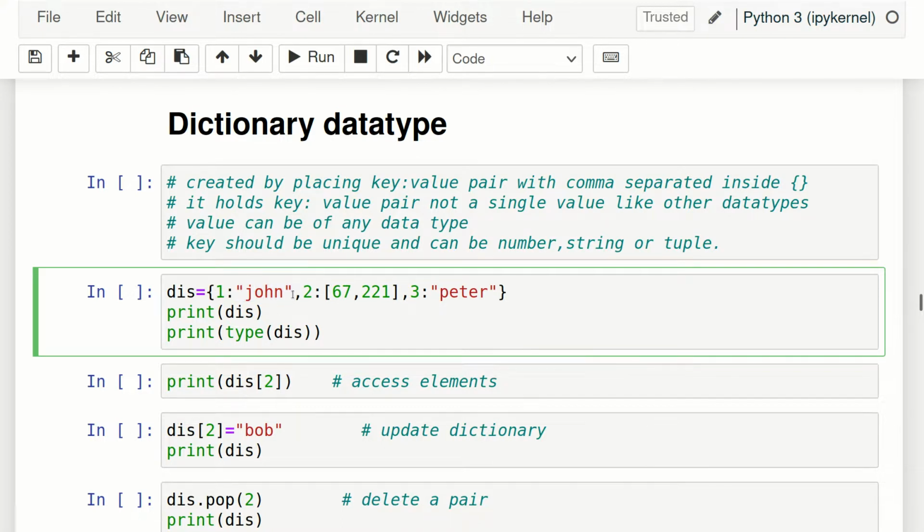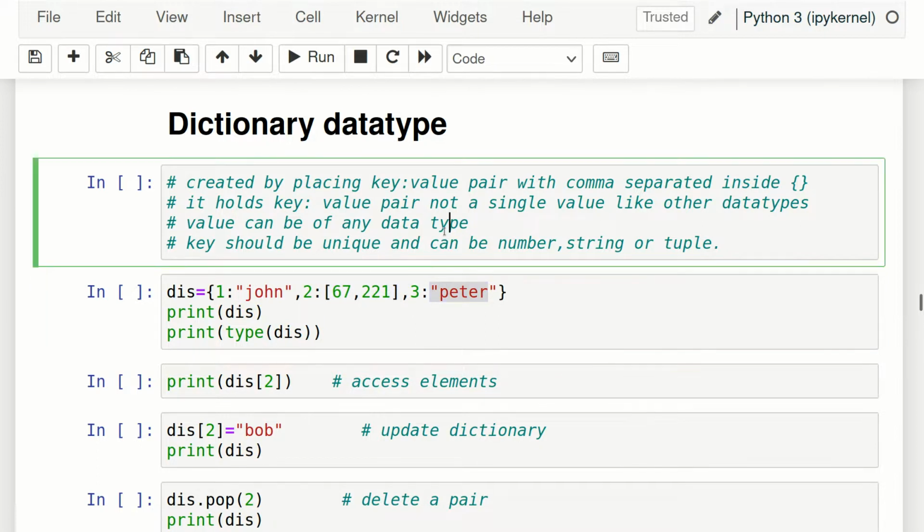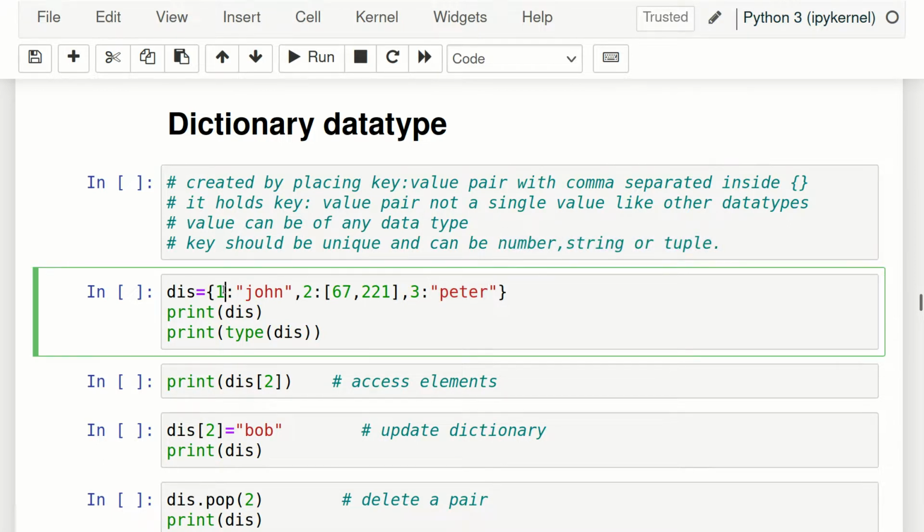So we can see in this case the value is of data type string, in this case I have given a list, and in this case again a string. We can use any data type for the value, but the key should be unique and can be a number, string, or tuple. Only these three things can be a key. As you can see, a number is there, and we can use a string also as a key, and a tuple also as a key.